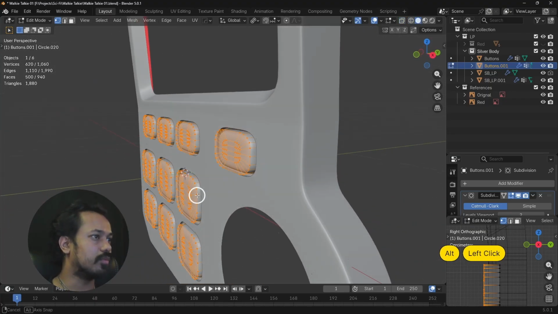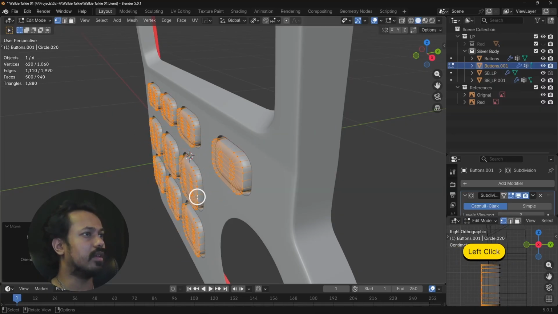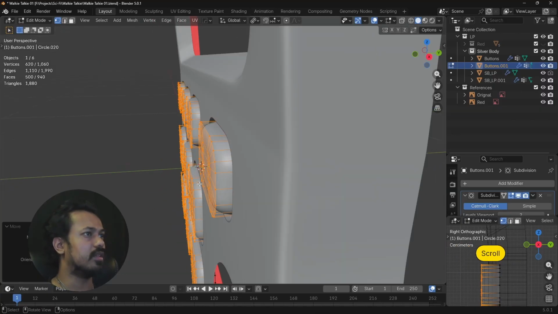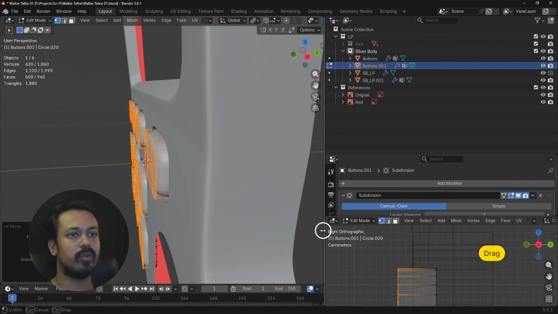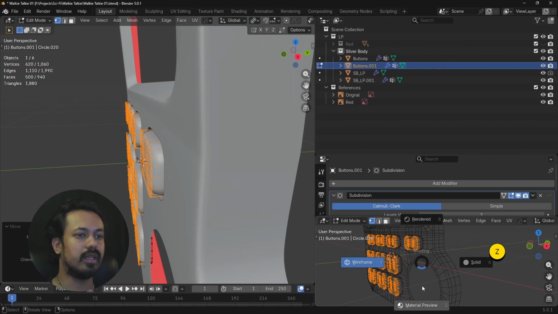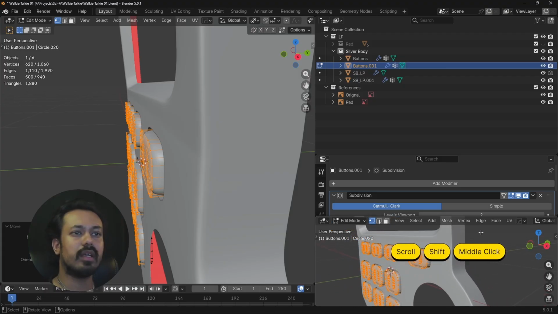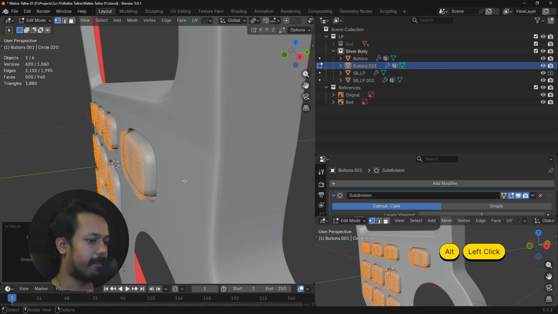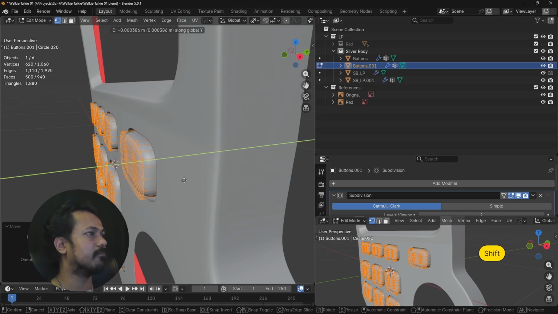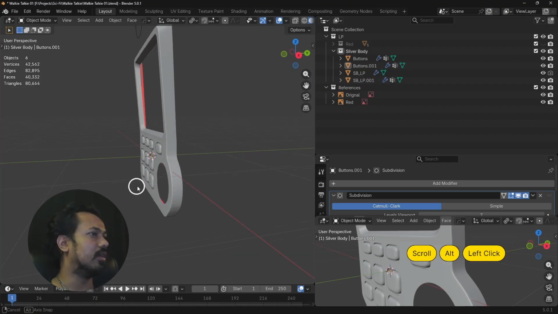We're just going to make sure that is what is selected, and we are just going to bring them out just a little bit more. I am going to split my screen here. I am just going to try to see a bit of a better view. And yeah. Yeah, they feel a lot better now,